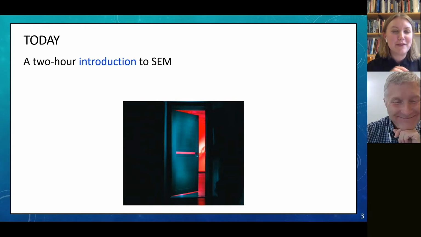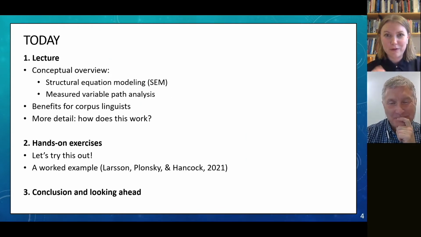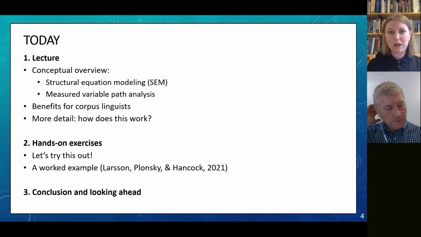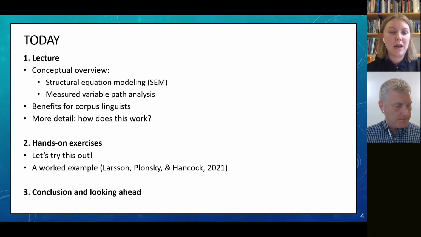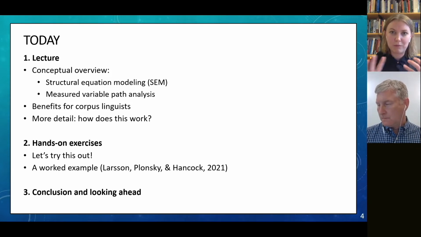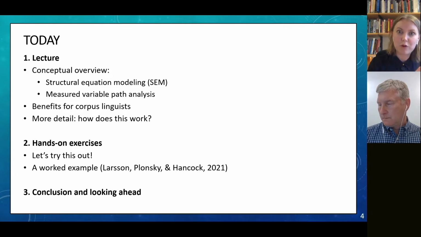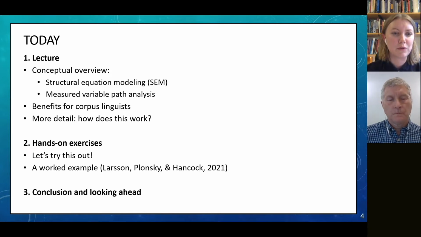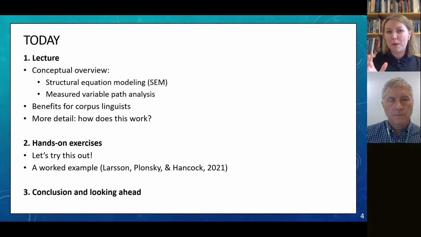Happy color. Okay, so this is the structure of this workshop today. We'll have a lecture portion, a hands-on exercise portion, and a conclusion looking ahead, just a few final words. And since we'll be recording the first part and nothing after that, we decided to divide this up very clearly so that we have the lecture portion first and then the hands-on exercises. Whereas had we not been recording, maybe we would have mixed them a little bit more, but just so you know. We're planning for about 50-50 in terms of percentage spent on the lecture versus the hands-on